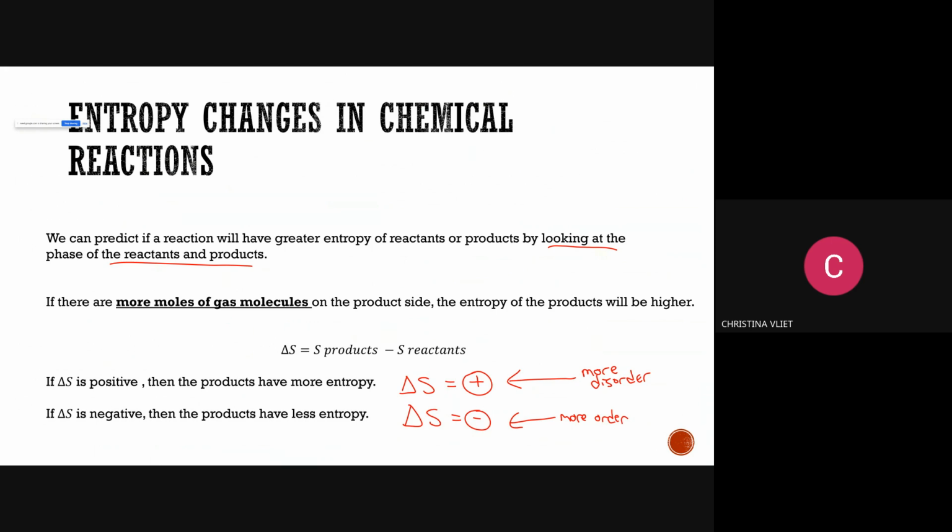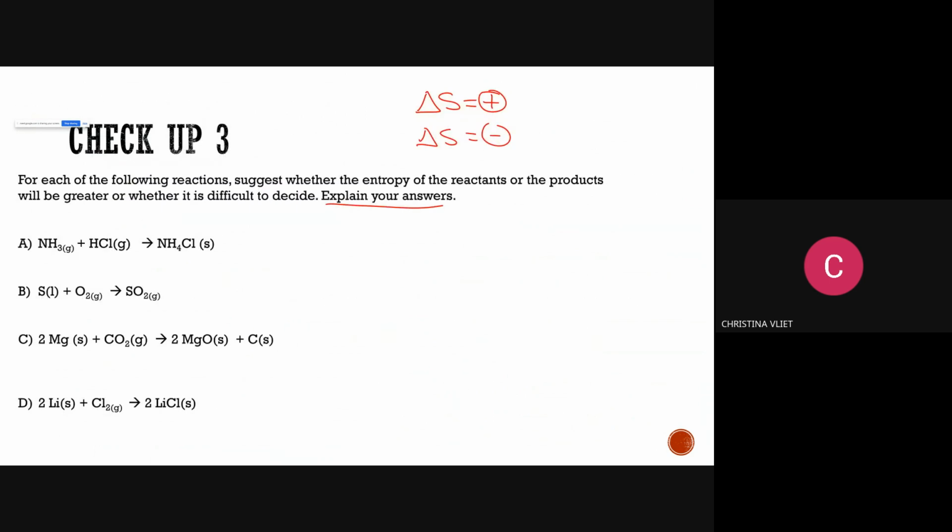And so all the established, like what happens if it happens or not, we can experimentally prove whether or not the actual reaction happens. And this is the theory that backs it up. All right, so first one, A. When I go from NH3 and HCl to NH4Cl, they start as gases and it ends as a solid. Is this an increase in entropy or a decrease in entropy? It is 100% a decrease in entropy. And the way that that would be communicated to you is delta S equals negative. Does that make sense?